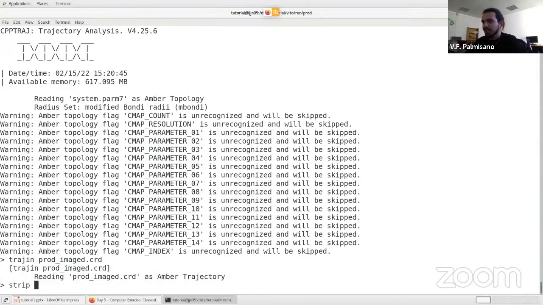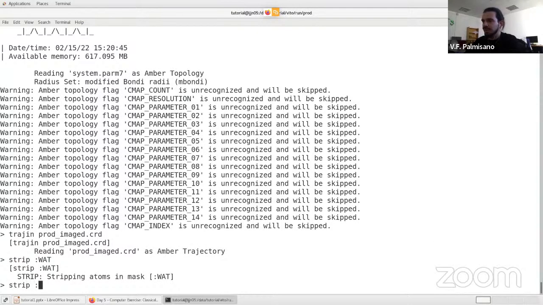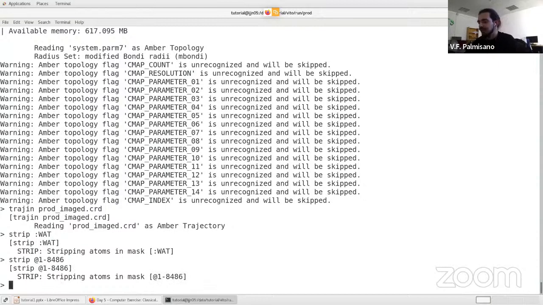Now strip water, but we can also, for example, strip many different things. So from, we say from 1, 2, 4, 8. Do you remember what the 86 was? I think 8486, I think it was this. Anyways, I want to show you that you can strip different things, and then, for example, you can do trajout